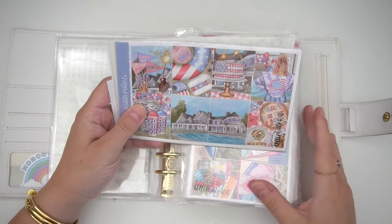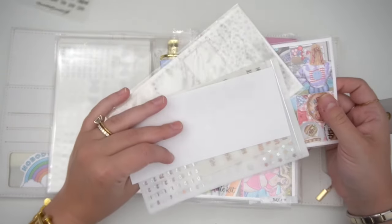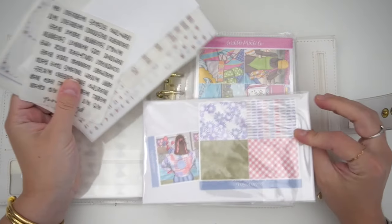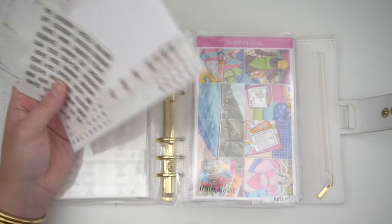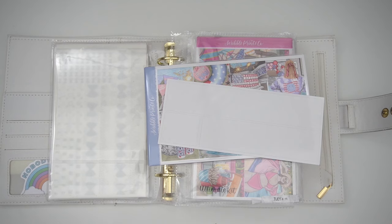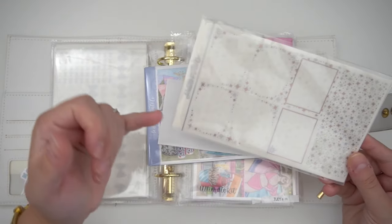So then I have this kit here, and I don't really care too much about the 4th of July, but I thought this art was really pretty, and I mostly just wanted to use these foil colors with it. So I'm using this in my non-filming planner, so I have all the extras. I have the ultimate kit. It is American Babe. I also have the Erin Condren bottom washi cover-up. I have a video on how I use that. I also, for foil, have this here, which is the, now